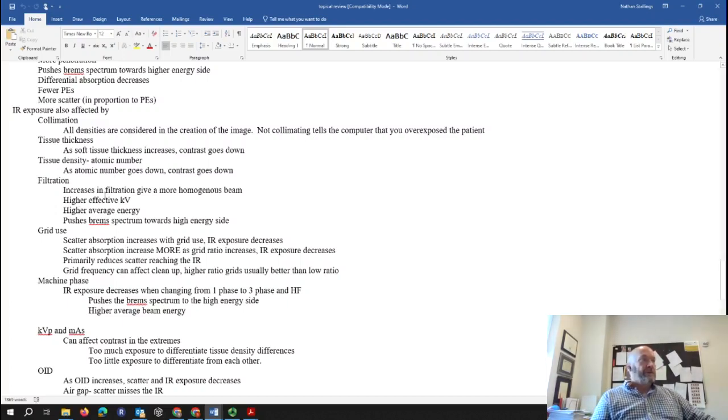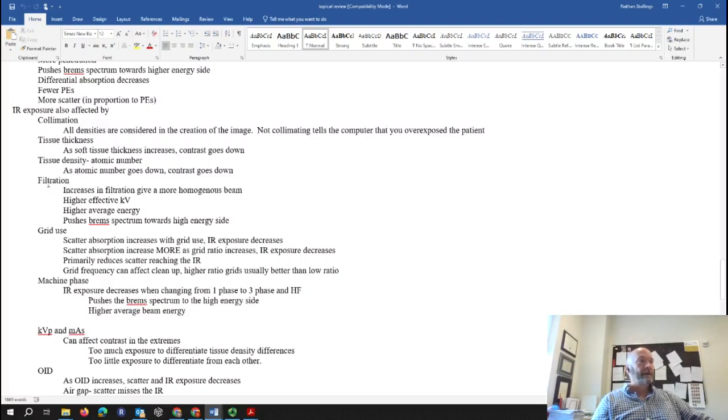If we add filtration, then what we're going to get is a more homogeneous X-ray beam. So it's going to push everything towards the high energy side. So we get an increase in average energy. We get a decrease in the lowest energy portion of the brem spectrum. So we get a more homogeneous X-ray beam. We get a higher effective kV, and I intentionally left the P off of this because filtration does not affect the peak energy. So it's higher average effective kV, higher average energy,